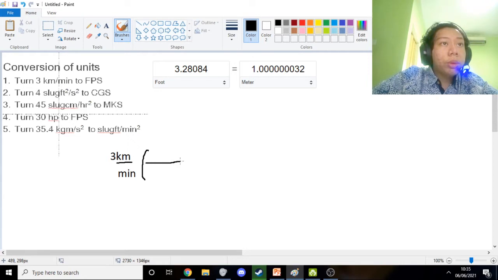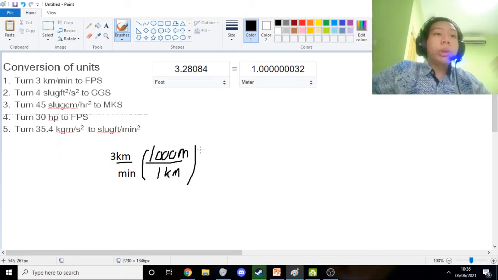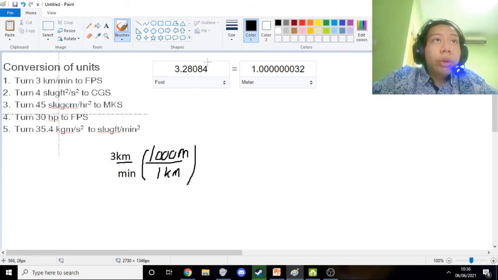So we're going to cancel this by dividing it by 1 kilometer, and on top of 1 kilometer we put the conversion of kilometer to meter, and 1 kilometer is equal to 1000 meters, and after we convert kilometer to meters,